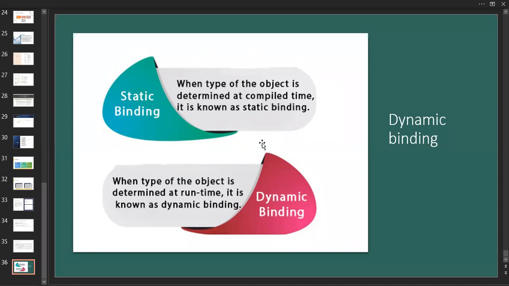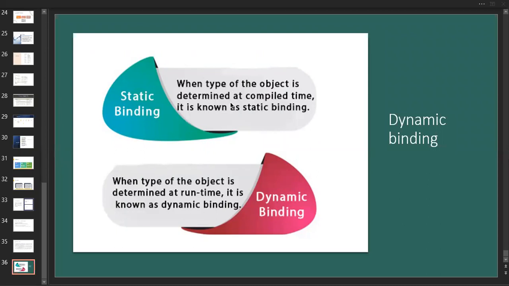Okay. So what is static? At the compile time. What is dynamic? At the runtime. Just remember the words. So the object creation will happen at the runtime here, and here the object creation will happen at the compile time. We have this one in your syllabus, and we are going to discuss this one only. We are not going to discuss that one, but I want to tell you what static binding is.